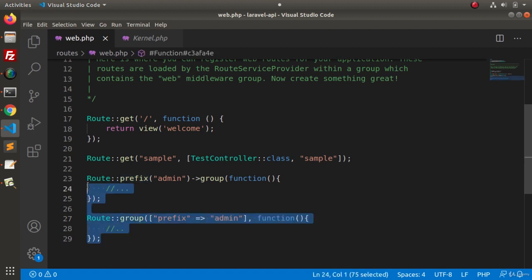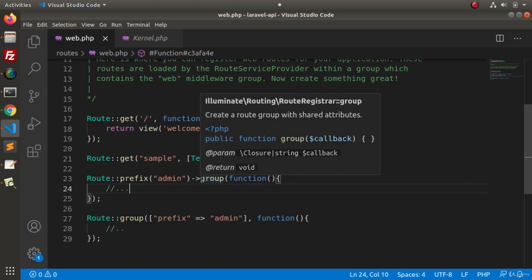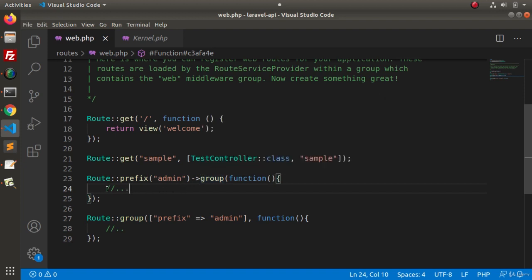Now what is a route group? Already we had discussed that when we are creating a group in which we are grouping multiple routes into a single block, those situations when we create our route groups are known as groups of routes, or route groups of the application. In the last video we had discussed that if we have a group of routes and we want to apply middleware, simply we can write all the routes inside this callback function,